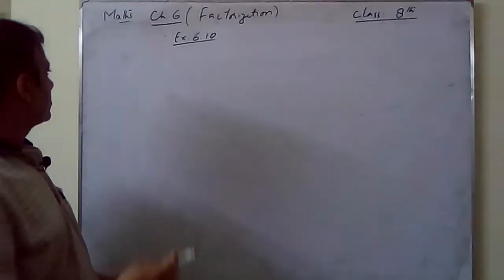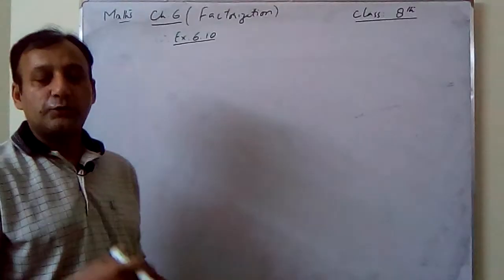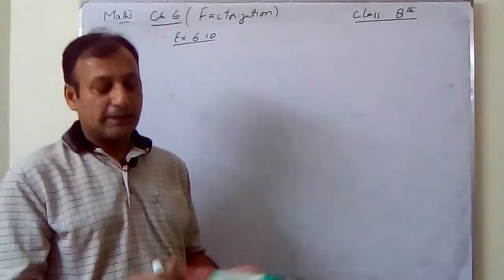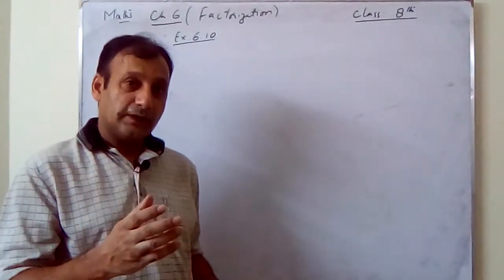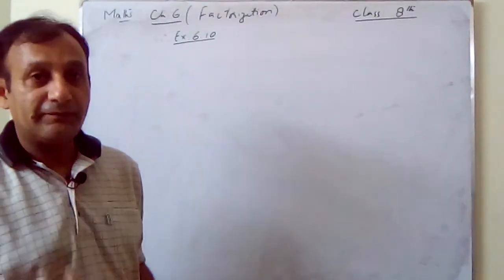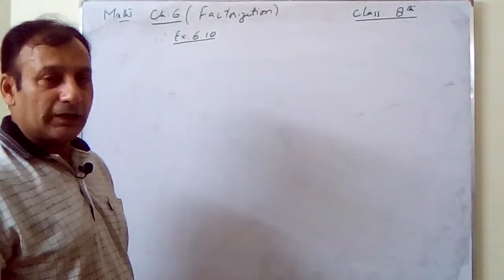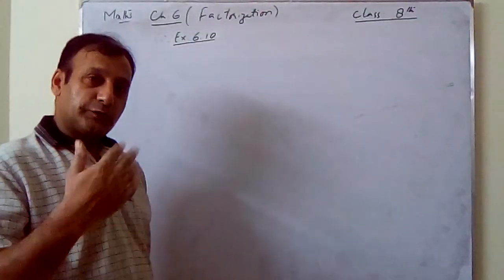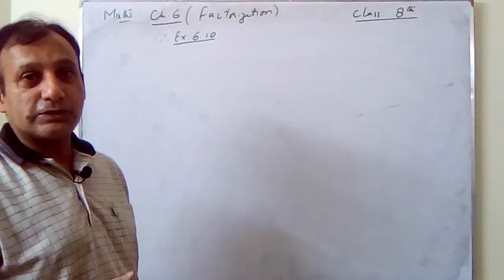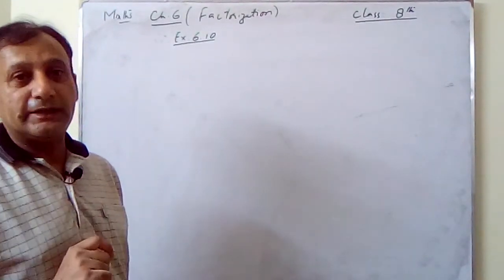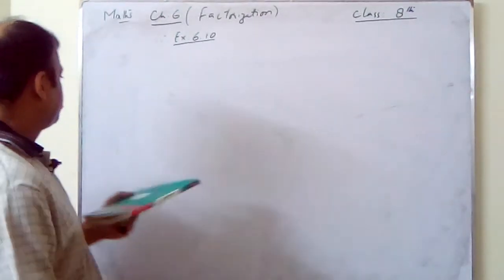In exercise 6.10, this exercise is related to word problems. Word problems means the question is in statement form. First of all, we have to understand the question, write down the data, and then we will solve. There are three main steps to solve word problems. One is to get the data, understand what he is asking in the question, and how to relate these two. What is the formula to find out the result?